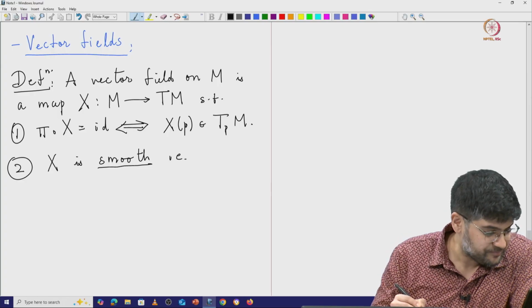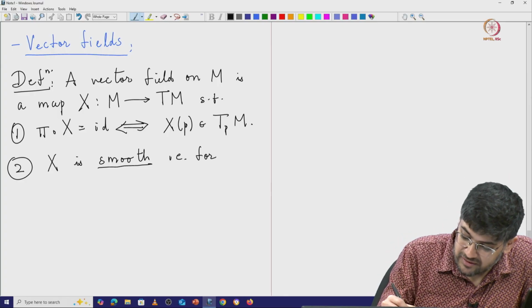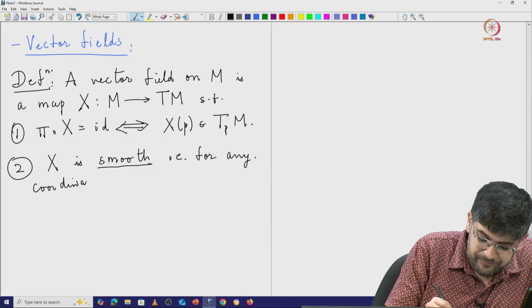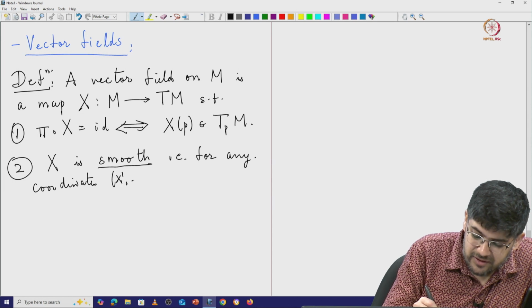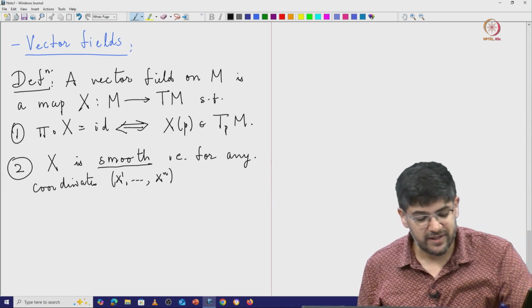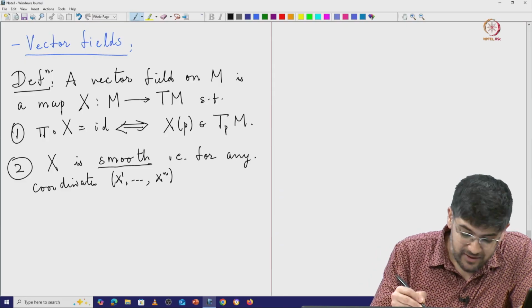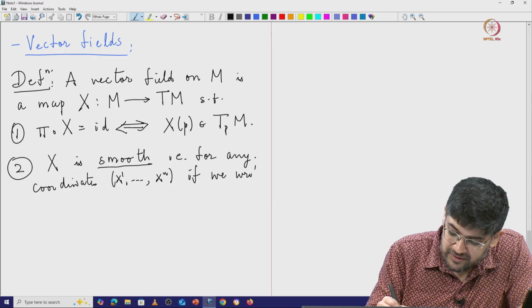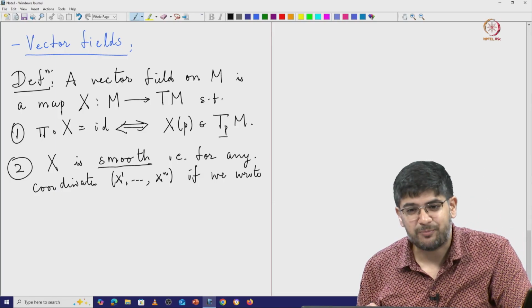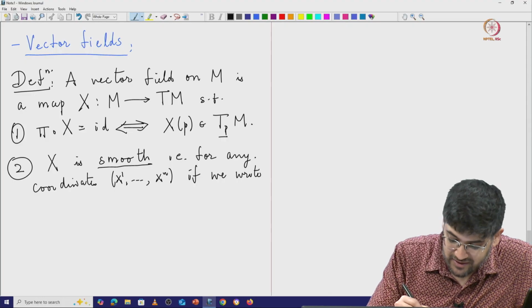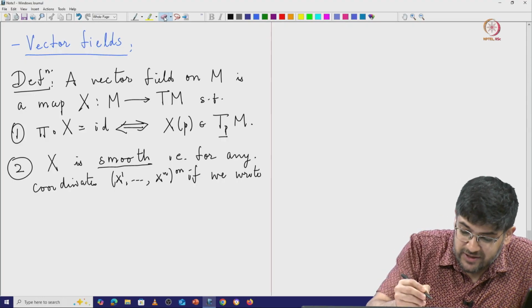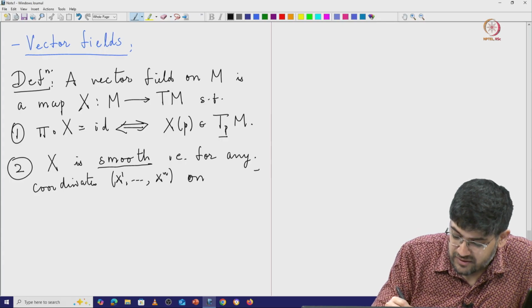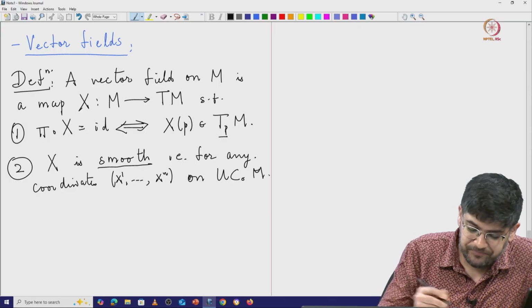So i.e., for any coordinates, so you take some set of coordinates on M, then because the tangent space at every point is spanned by these basis vectors, so let's say these are coordinates on some open set U, on some open set U in M,